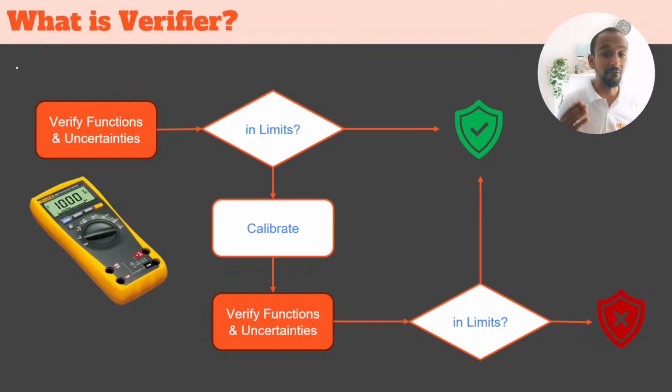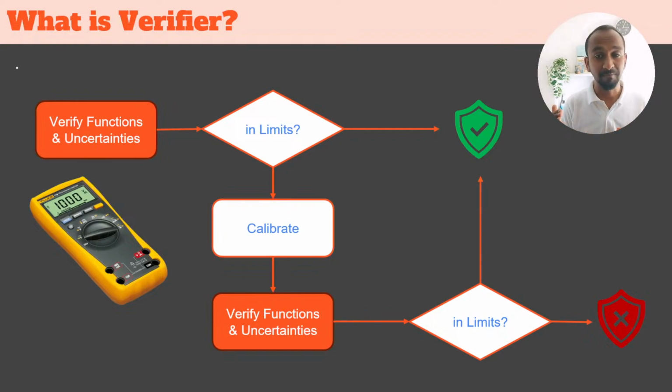For example, if you take a multimeter, it can do a voltage measurement function, or it can do a current measurement or resistance measurement, and so forth. So you will go through them one after the other,